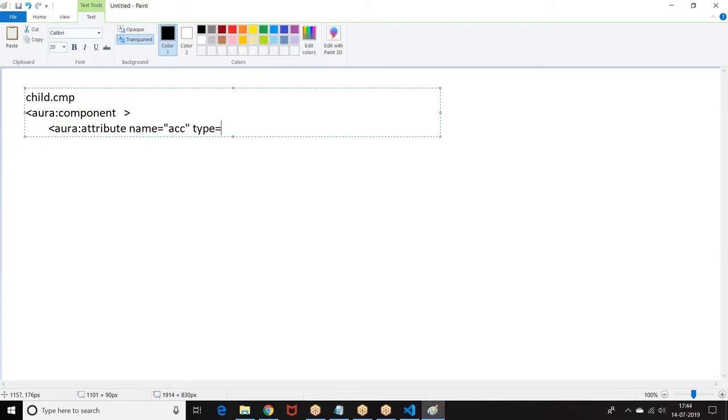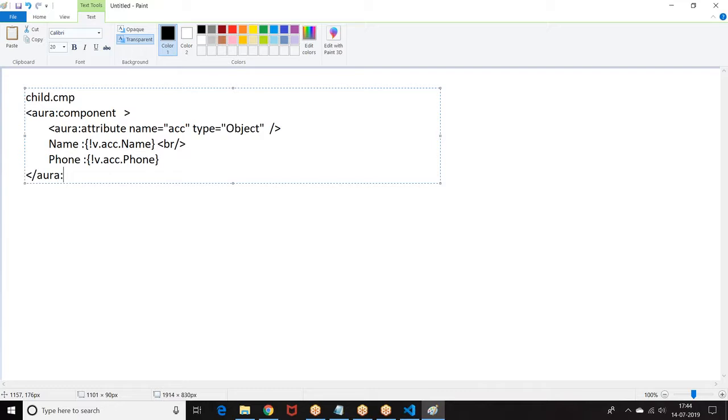This is type equal to object. Dot acc dot 4. This is what I got. Now I had a parent component.